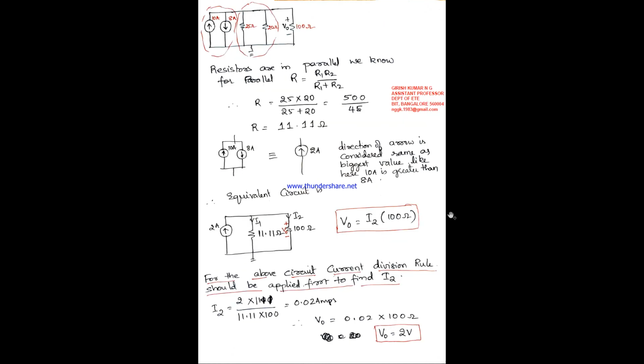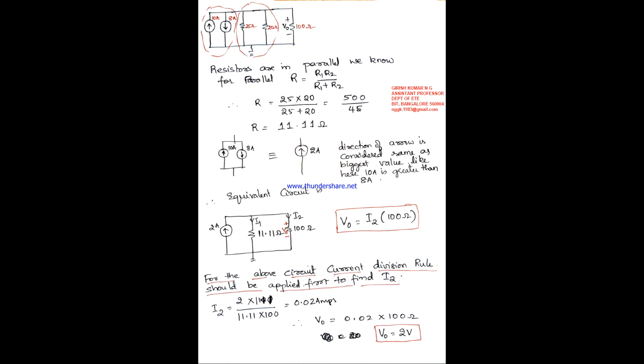Okay, there is a small mistake in this problem. I hope this is not into, it is plus. I made a mistake here. So it is 2 into 11.11 divided by 11.11 plus 100. Sometimes it happens, humans have a tendency to make a mistake anyway. So 2 into 11.11 divided by 11.11 plus 100.